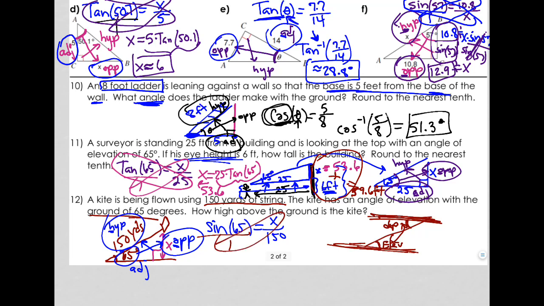So we have x is equal to 150. Remember, put the number first that you're multiplying by the trig function, times the sine of 65. Oops, that's a parenthesis. Alright, and then that is approximately, well, let me mention that really quick. Remember, x is already by itself on one side of the equal sign, so you can go ahead and punch all this in the calculator, and you should get that x, or the height of the kite, is,